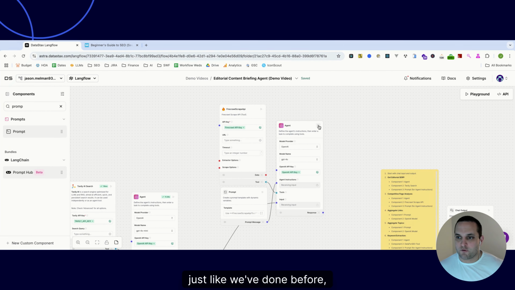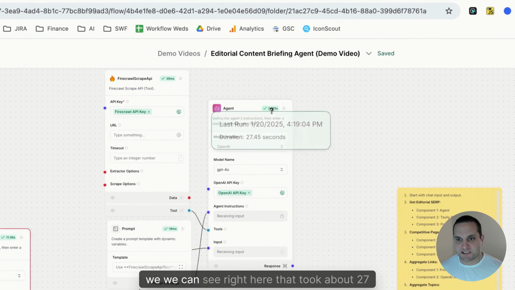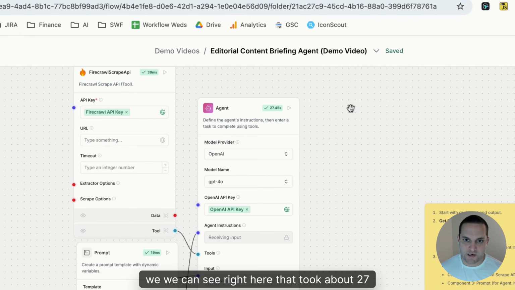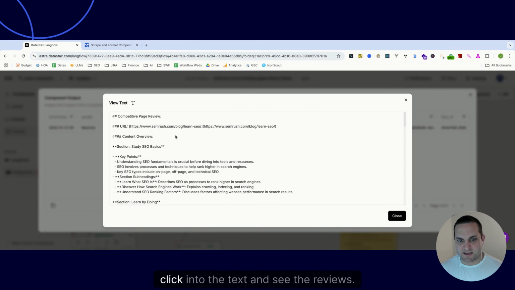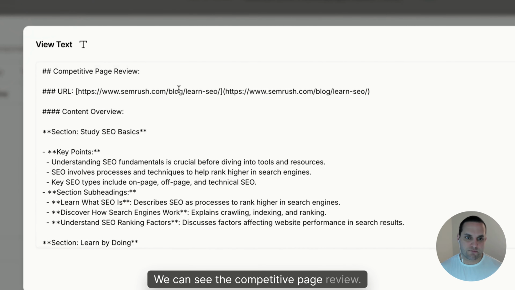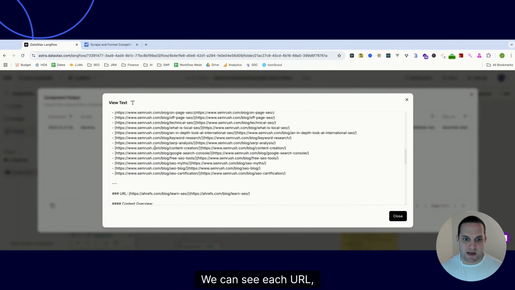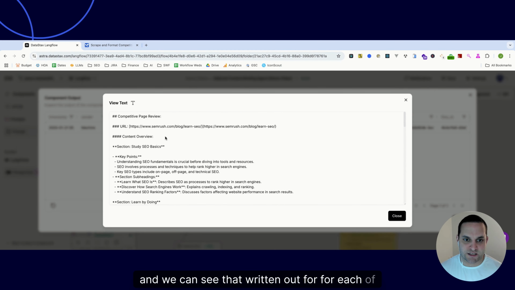And then just like we've done before, I'll test this run component just to run everything that we have up to this point to ensure it's all working as expected. Once the test is done running, we can see right here that it took about 27 seconds to run. We can open this up, click into the text, and see the reviews. We can see the competitive page review. We can see each URL, the main content links, and we can see that written out for each of our core